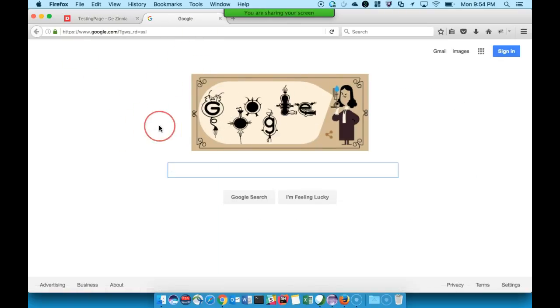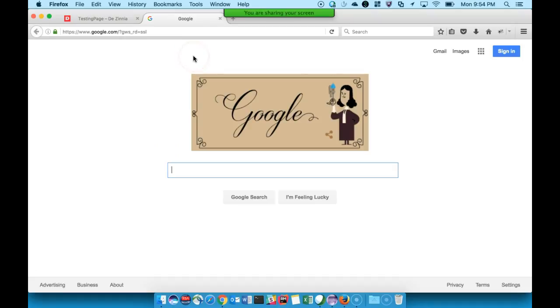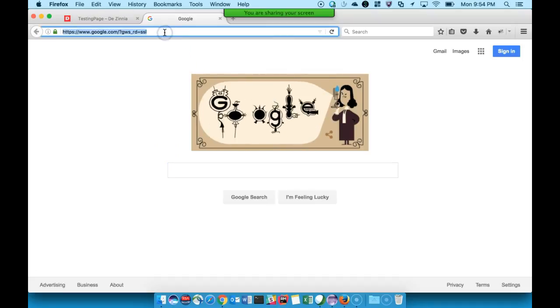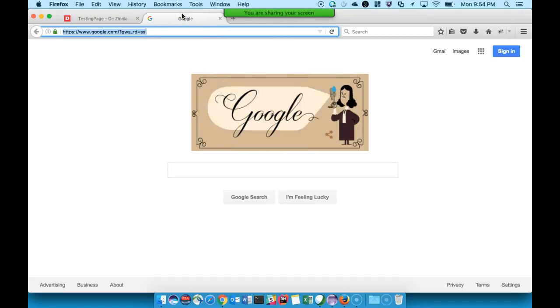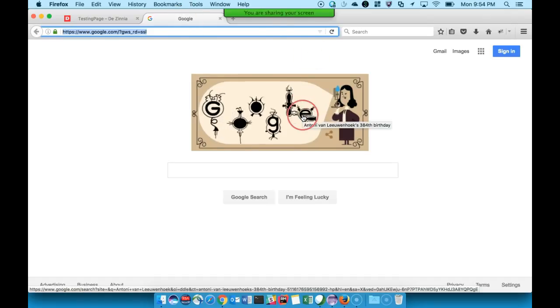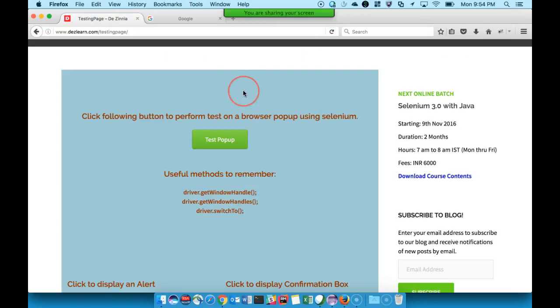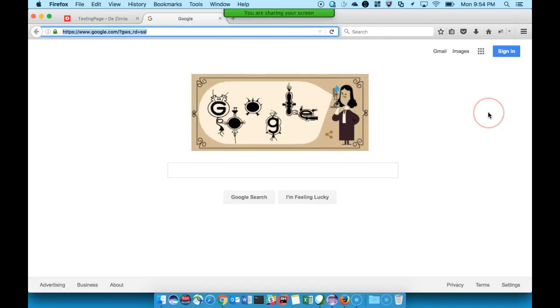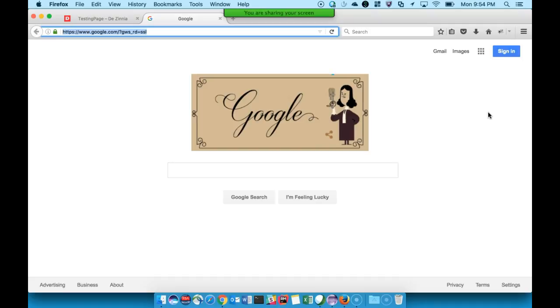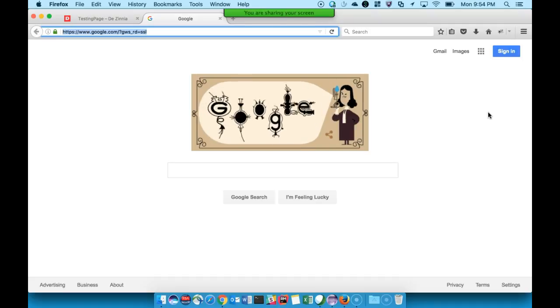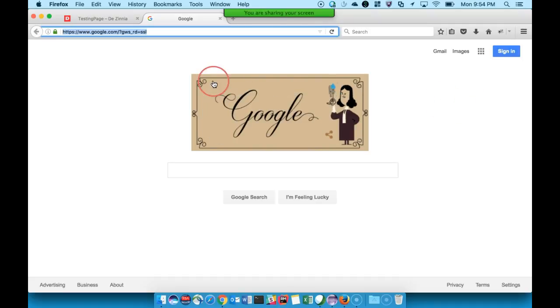So in this case, it opened another page, which is Google, and it is in a new tab or a new browser window. In all such cases, we want to go to the new browser to continue our testing. Then how to handle it, that is what we're going to see in today's session.